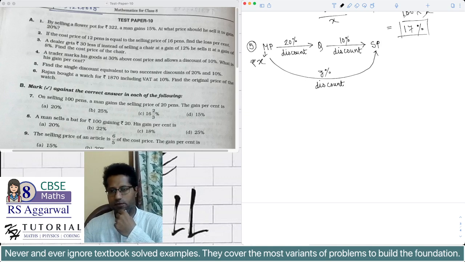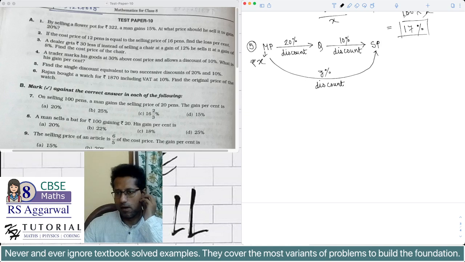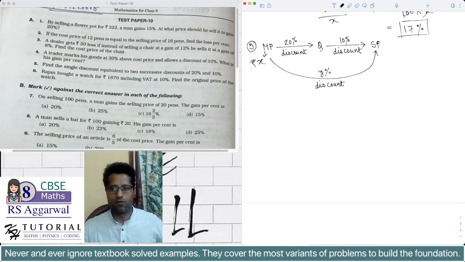So the way we will solve is that we will find SP based on the two successive discounts of 20% and 10% from the mark price X, and then we will compute the selling price from the mark price for a single discount of Z%, and we will equate the two selling prices, and from there we will get an equation in Z. So, okay, from this diagram we can say that